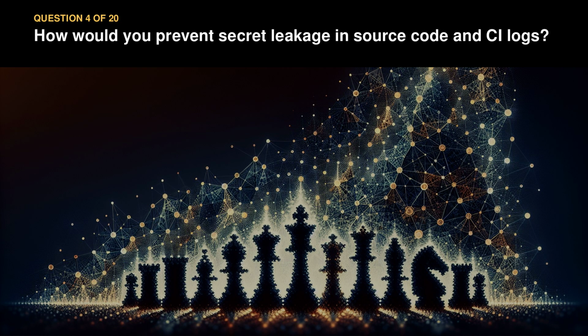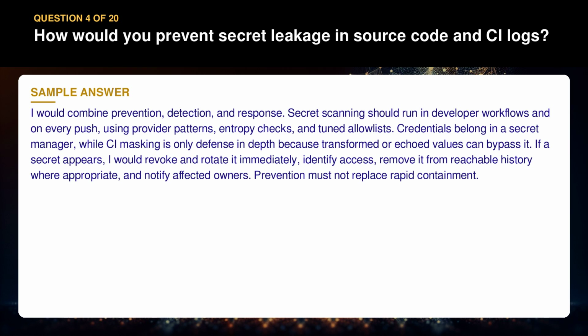Question 4. How would you prevent secret leakage in source code and CI logs? I would combine prevention, detection, and response. Secret scanning should run in developer workflows and on every push, using provider patterns, entropy checks, and tuned allow lists. Credentials belong in a secret manager, while CI masking is only defense in depth because transformed or echoed values can